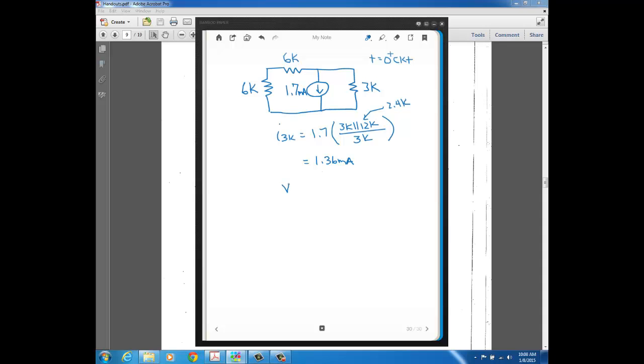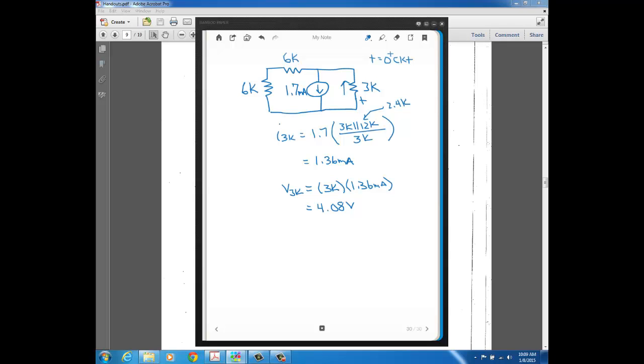And now the voltage across the 3K would just be the resistance of the 3K times 1.36, and that's a voltage of 4.08 volts. And if you wanted to put the polarity, it would be on the bottom side here, because the current's going to flow into this bottom node and then up through the 3K. And again, as we've seen many times, the higher end voltage for a resistor is always where the